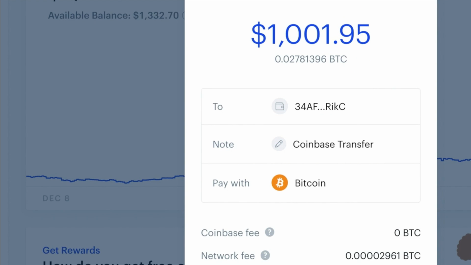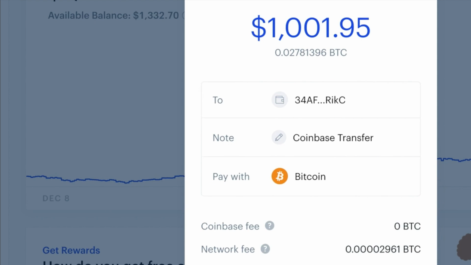We're going to send now. So we can see that the payment received can take about 30 minutes. The network fee is taking $3. That is not too bad at all for $1,000 that I'm paying. The people who are mining this, meaning the ones that are getting the reward in order for this exchange to